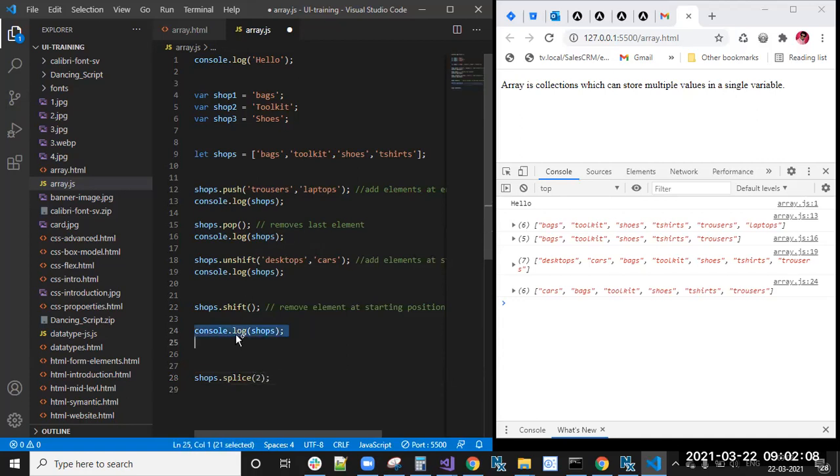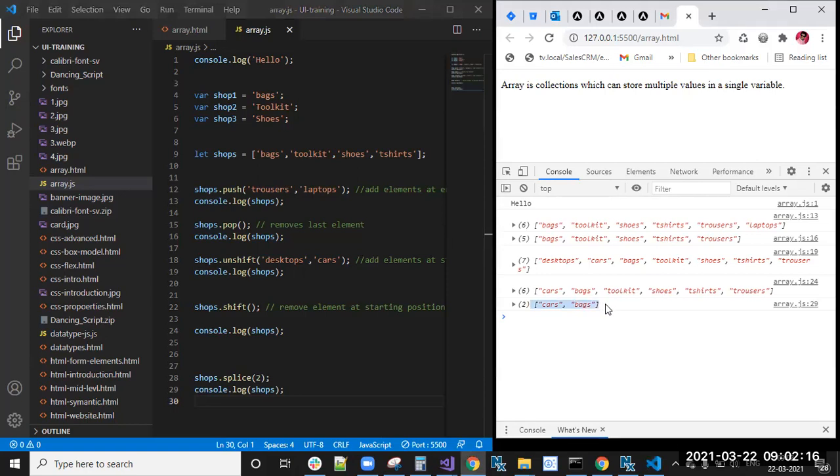Now you can see here, after splicing, carbon and bags only, we have two elements, because I told it from the second index position to remove all the elements.